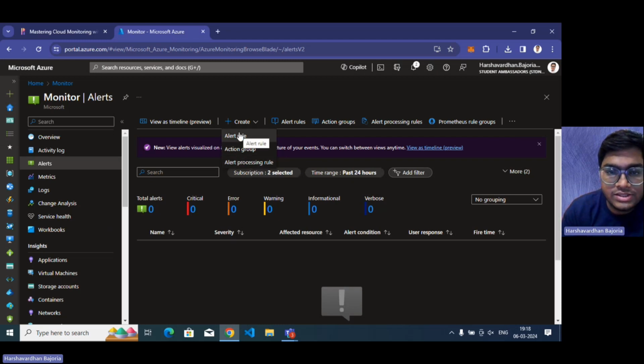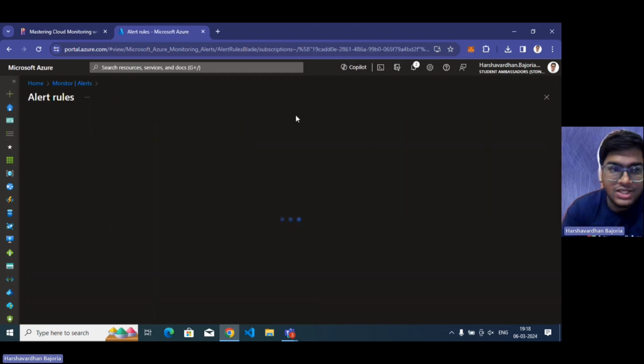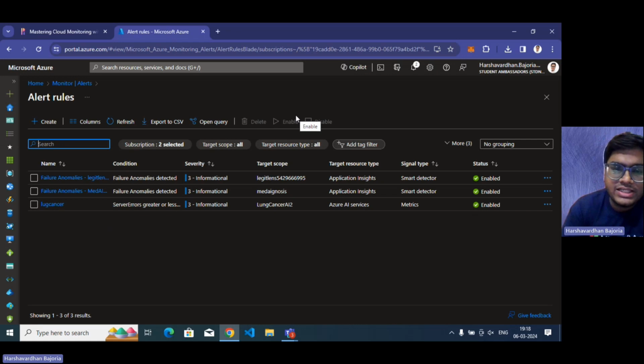Now, in my case, I want to just create an alert rule. So I will click on this alert rule, or let's have a look at the alert rules that are predefined. Whenever you create an application inside, it automatically creates some smart detector for you. Now you might ask me, what is a smart detector and why is the signal type different? It shows me smart detector and metrics. What is it? Why is it different? So let's move on to the types of